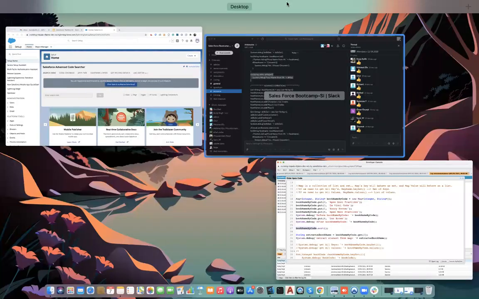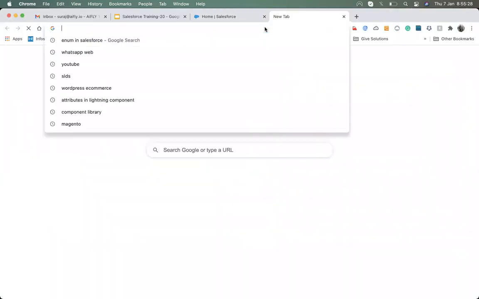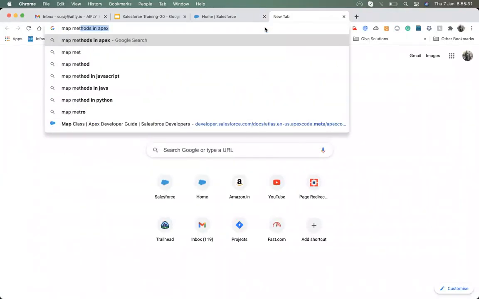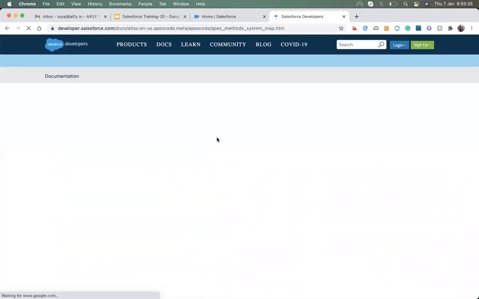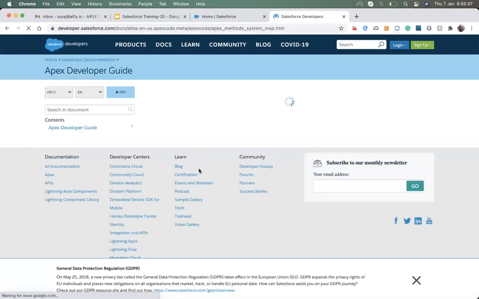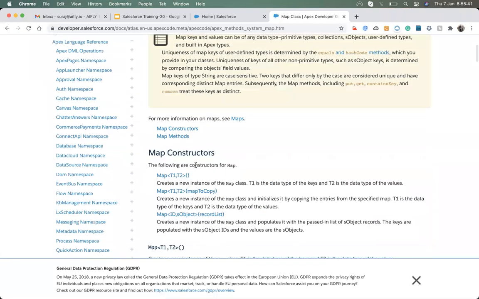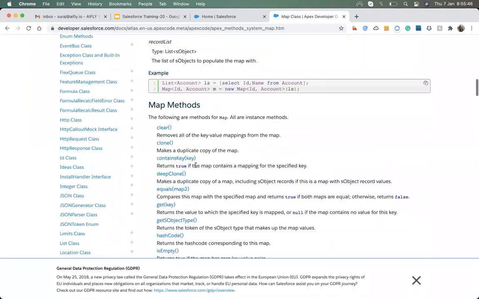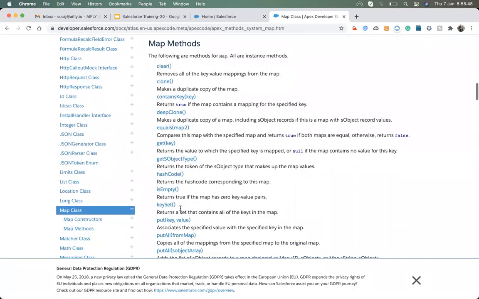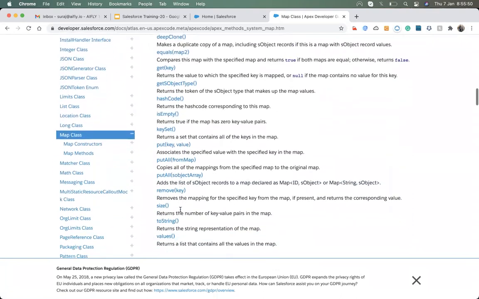I forgot. Contains, get, hash, put, reset, size, to string.